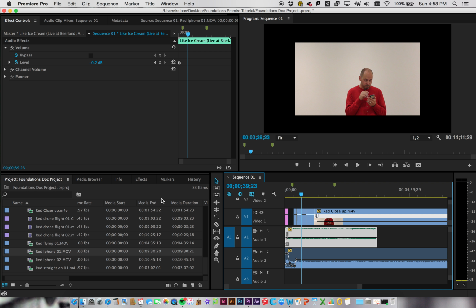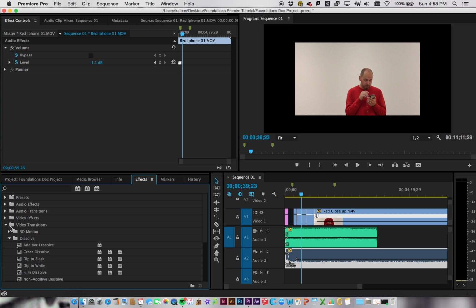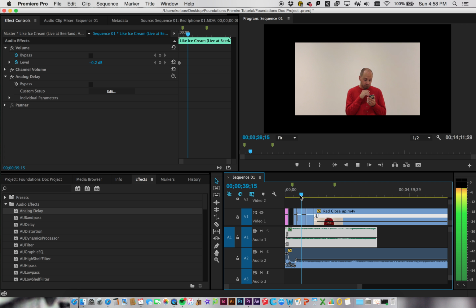So in addition, however, there are also all these effects that you can add. If you want to, you can go to your effects, and you can see that there are a ton of audio transitions and audio effects. So if you want to do clips together and have them fade from one to the other, you can do that under the audio effects, or you can also go to audio transitions where they fade. Crossfading is probably the main one. But if you grab one of these and add it to, say, this, now whenever we listen to our music,